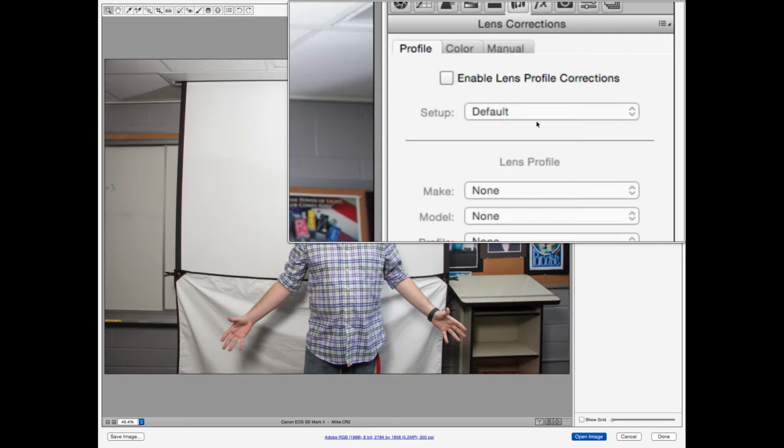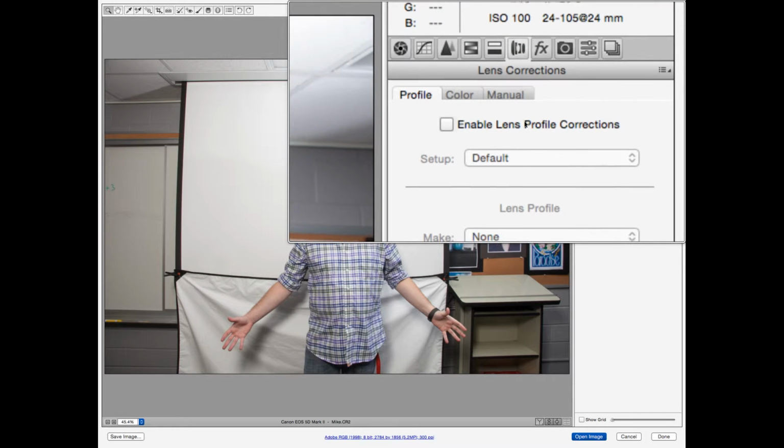Remember how the metadata in the file stores everything about that photo. It tells you the serial number, how fast, all the camera settings. If you put your name into the camera, it'll do that. It can geotag. It does all kinds of things. One of the things it does is it stores the focal length, or I guess that's what I should say. It stores the lens, and it stores the amount of zoom I had on that lens when I took this